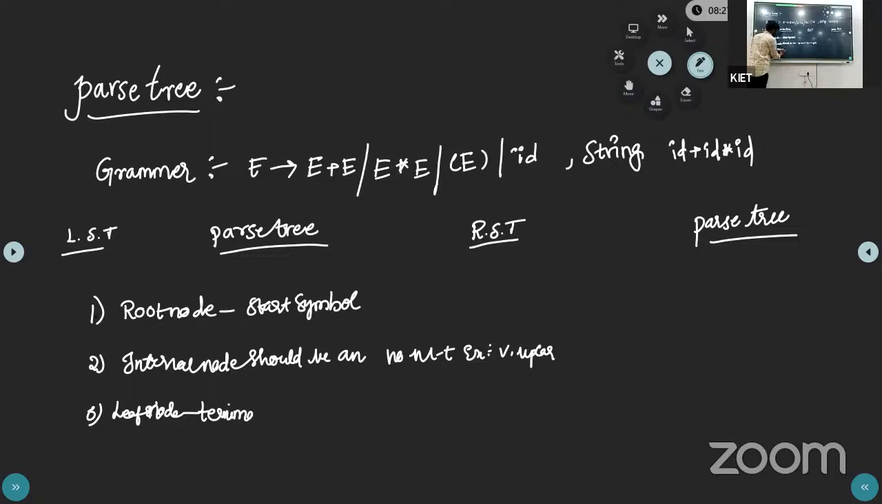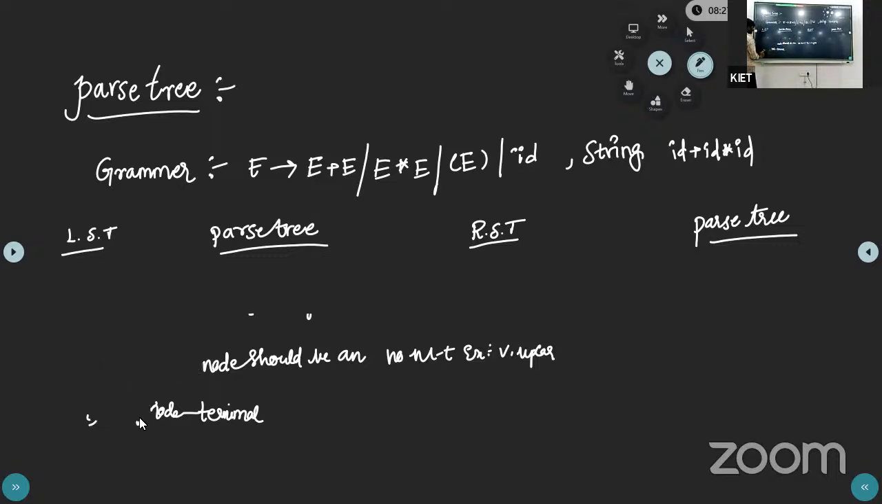So by using these three rules, we are going to construct a parse tree for a given grammar where E goes to E plus E, or E goes to E into E, or else E goes to E in parenthesis, or else E goes to ID. Now, the parse tree can be represented in two ways. One is the leftmost derivation and the other is the rightmost derivation. Coming to the leftmost derivation,